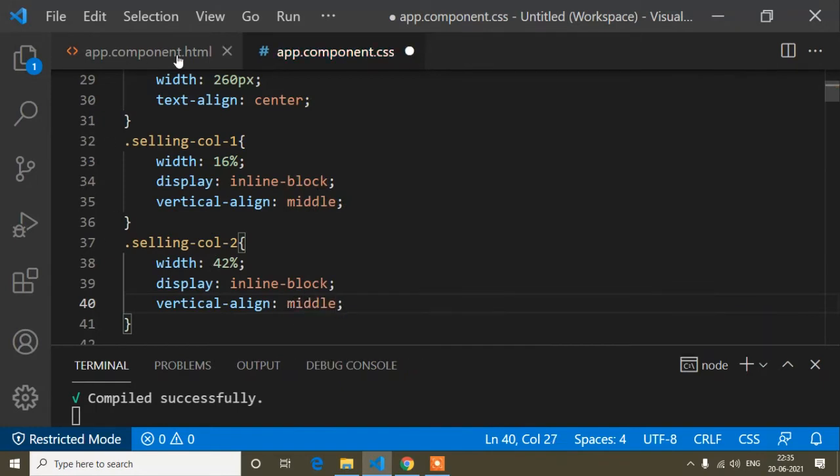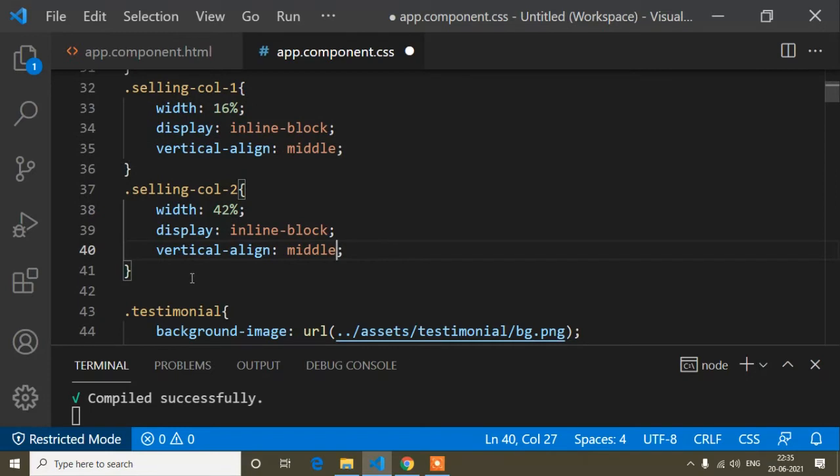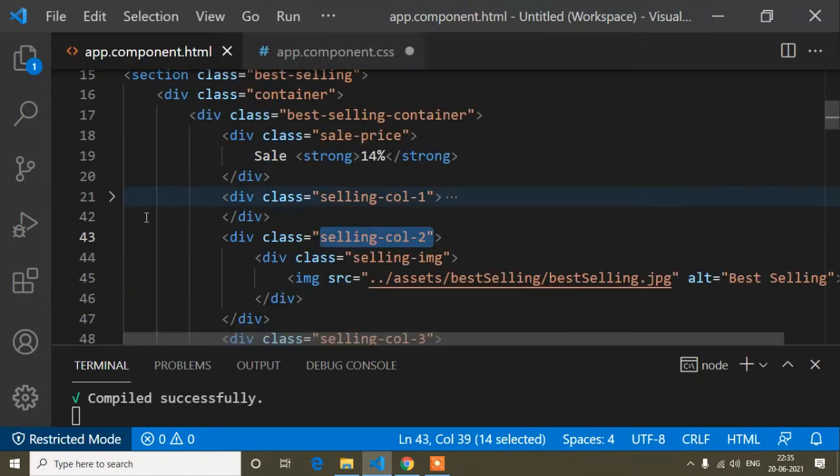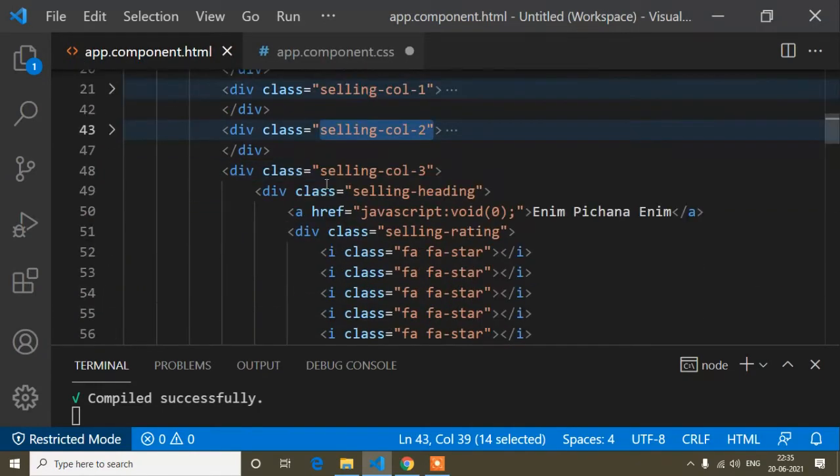That means all the content whatever will be in this column 1, column 2, and also column 3 I will write, so that the content will start from the middle. Okay, and now here I will add the design for this column 3, I mean this one.